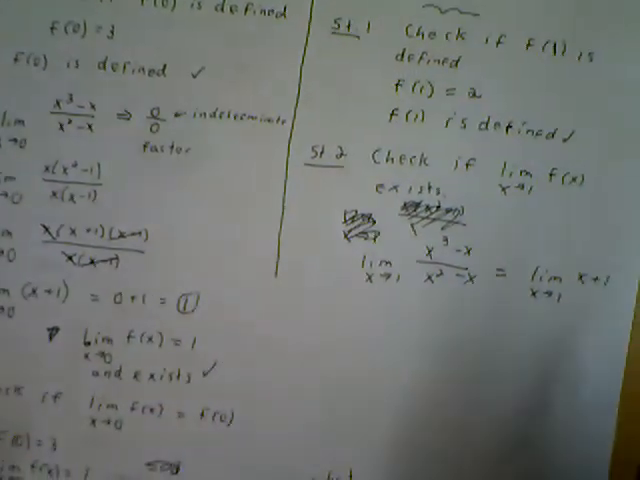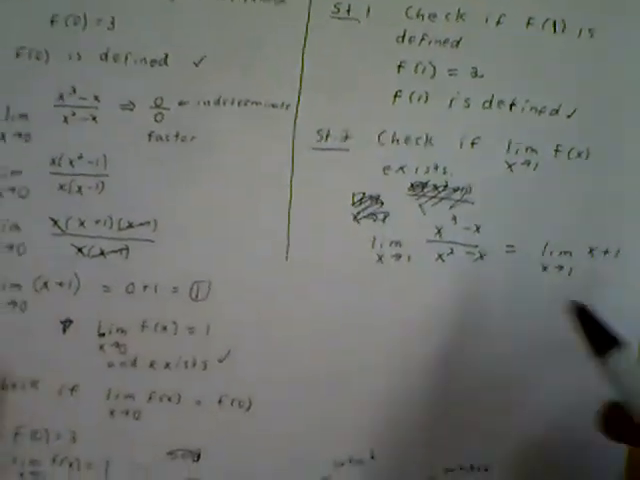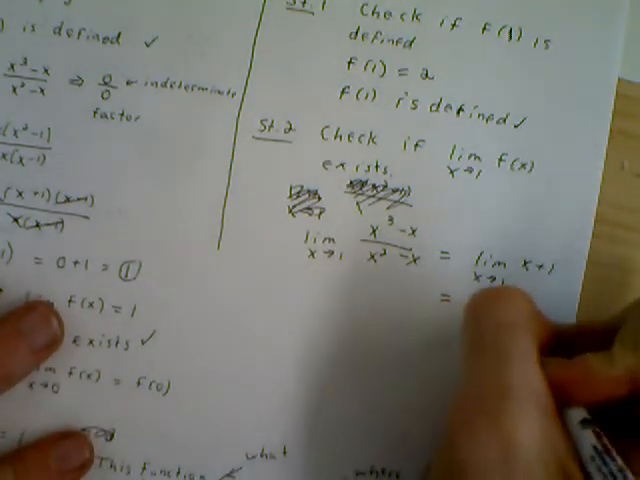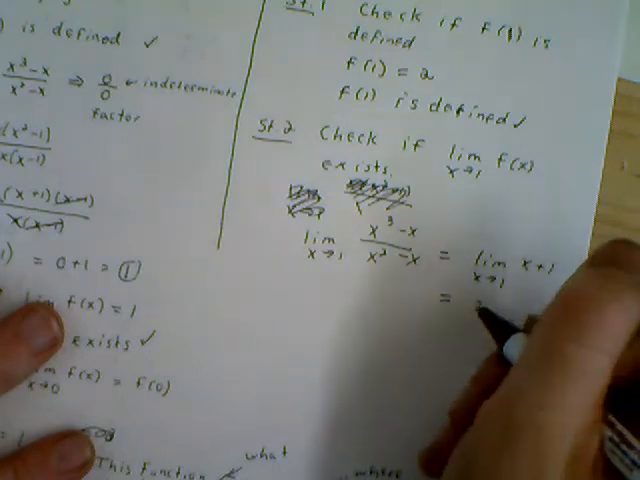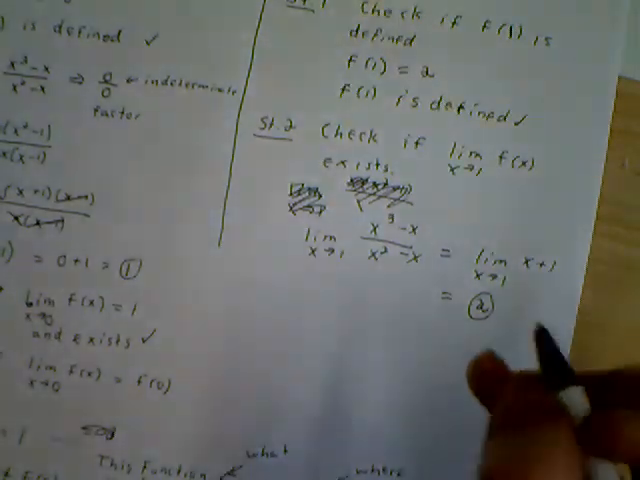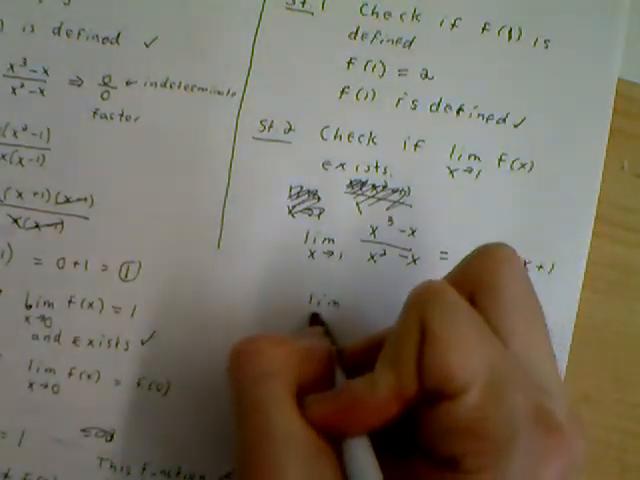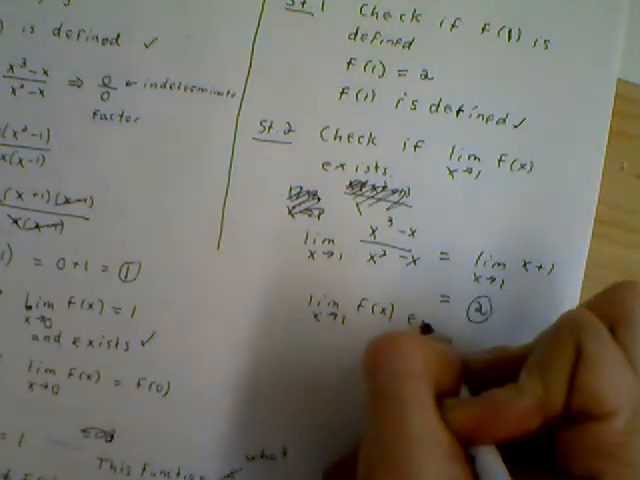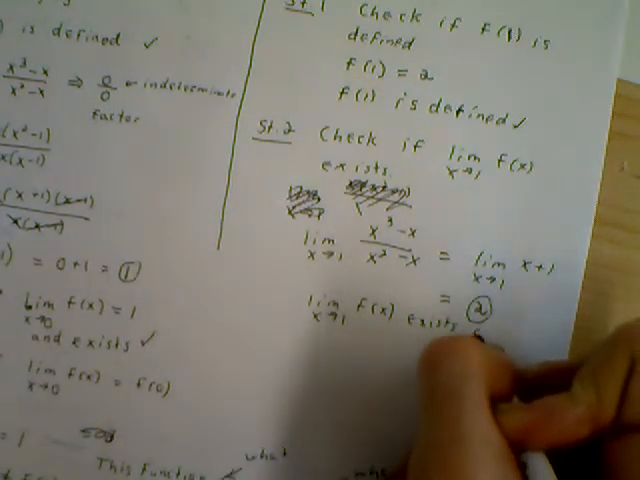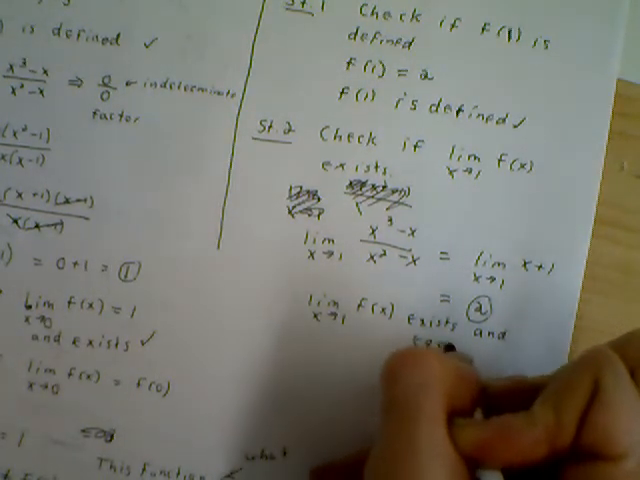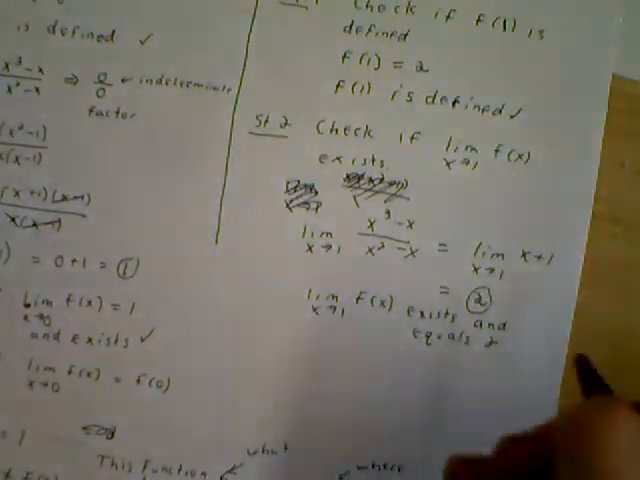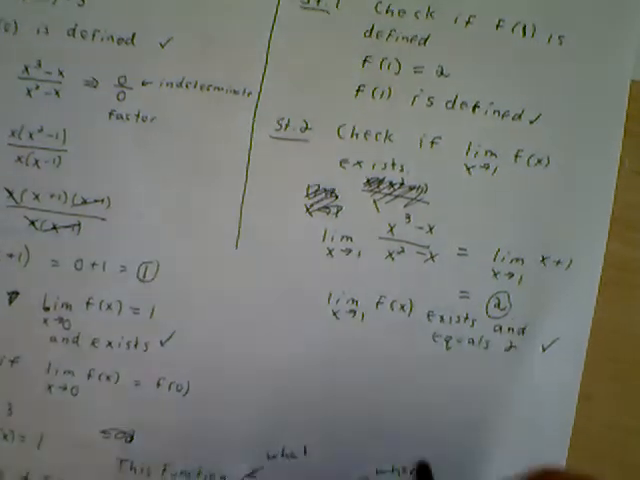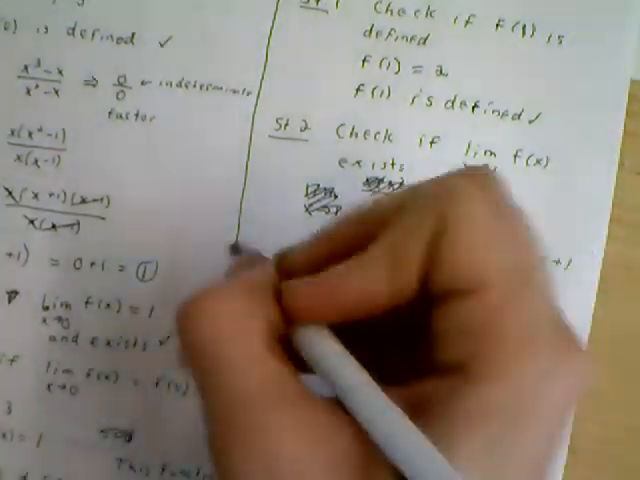All right, so I don't want to redo work that I already did over here. So I already simplified it down right here. So just plug in 1 and I get 2. 1 plus 1, 2. All right, so now I can say the limit as x approaches 1 of f of x exists and equals 2. All right, so we just met our second criteria. F of 1 is defined and our limit exists. So now for step 3,